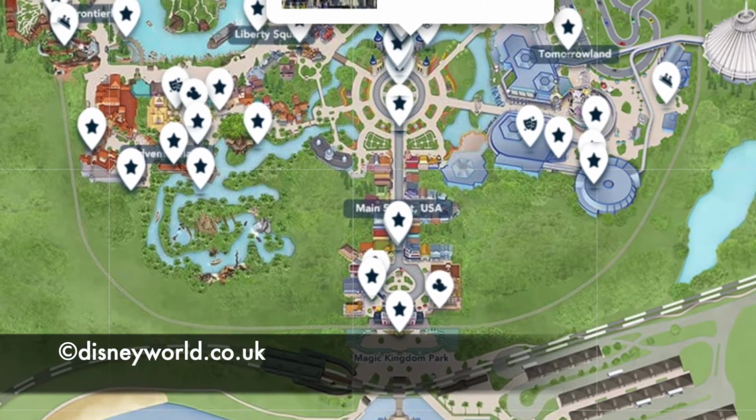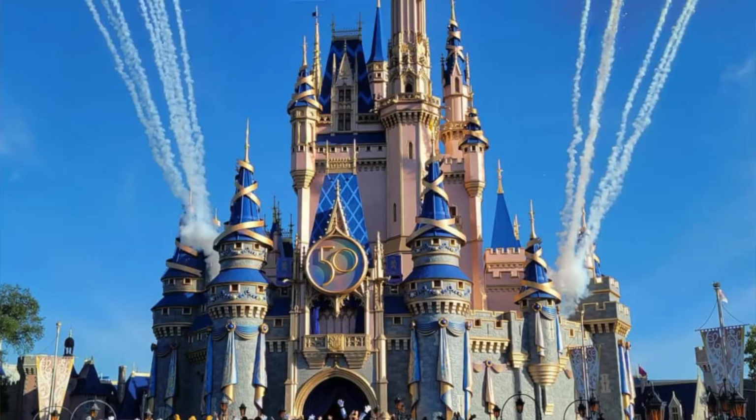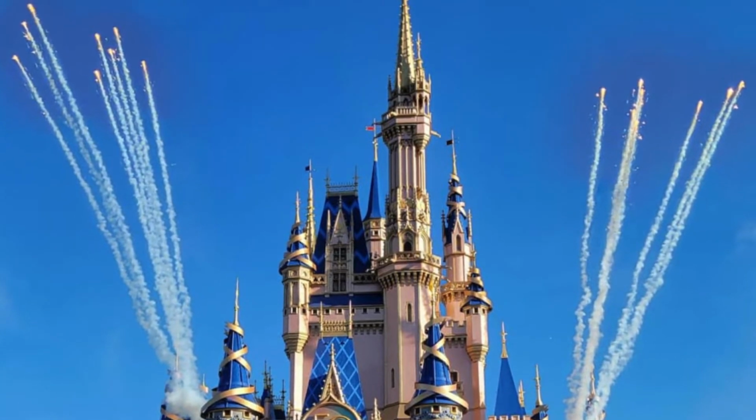Number 25 is Let the Magic Begin. It's a stage show performed in front of the castle, so some really good photos can be taken. It's at the start of the day. It's just a quick little show to welcome people in. The reason why it's low on the list, and I've not seen it, is because that time at the park,